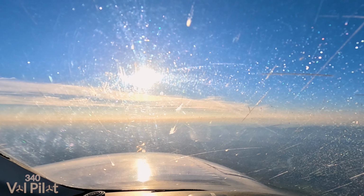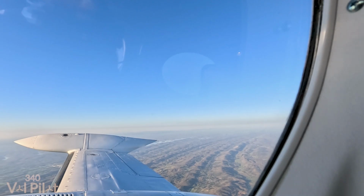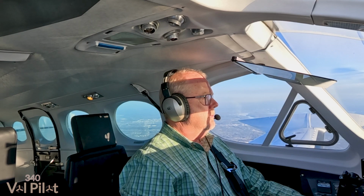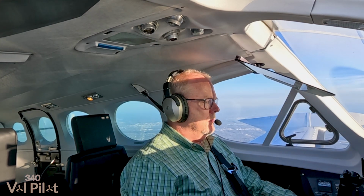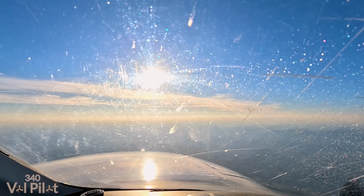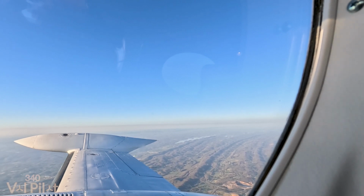Cirrus 40 Romeo, turn right heading 090, VFR altitude your discretion. 090, altitude my discretion, 40 Romeo. American 2078, Knoxville approach. Expect, turn 10 degrees left, vector for a visual approach, runway 23 right. 10 left for 23 right, American 2078. American 2078, descend and maintain 5,000. 5,000, American